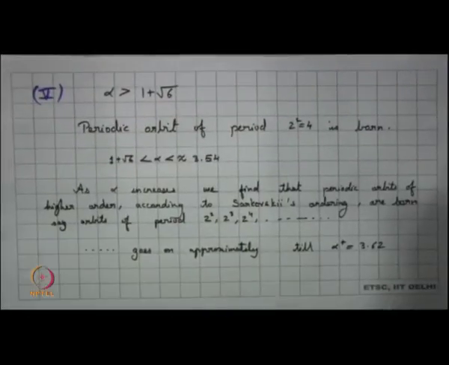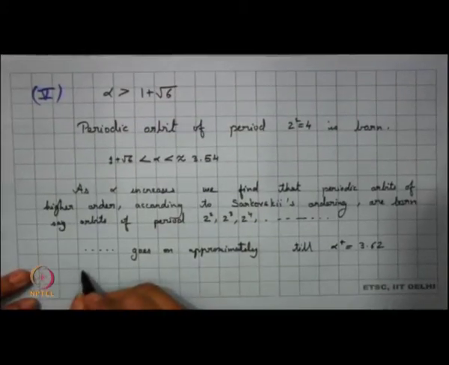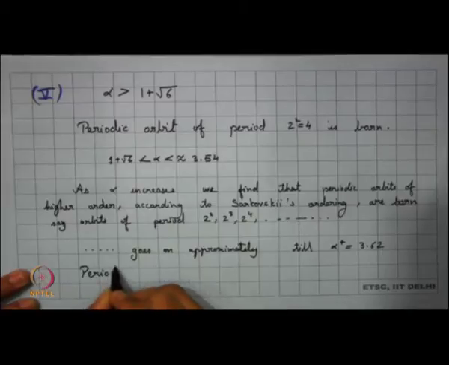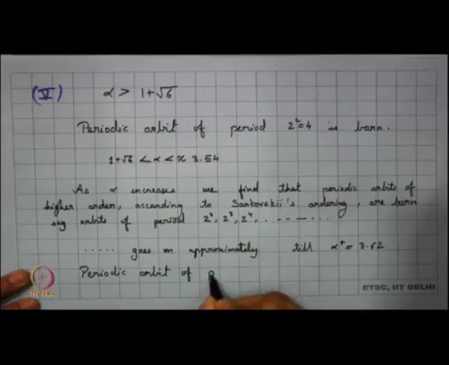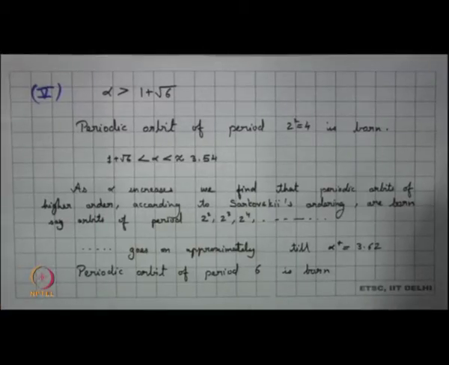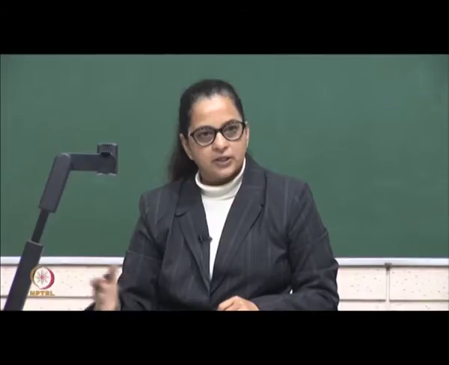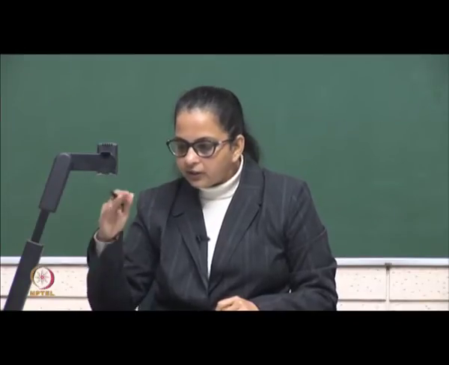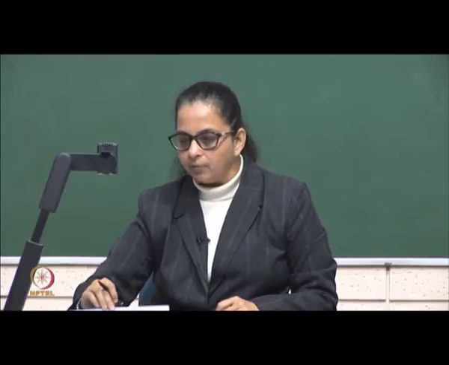we find that there is a periodic orbit of period 6 born. So, we find again a periodic orbit of period 6. Now, 6 is, as we know, an even number and this is the greatest even number in Sarkovskii's ordering. So, we find that this periodic orbit of period 6 being born,